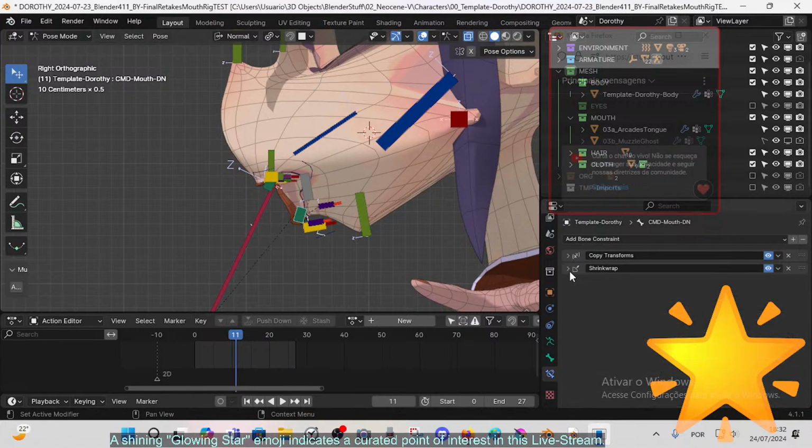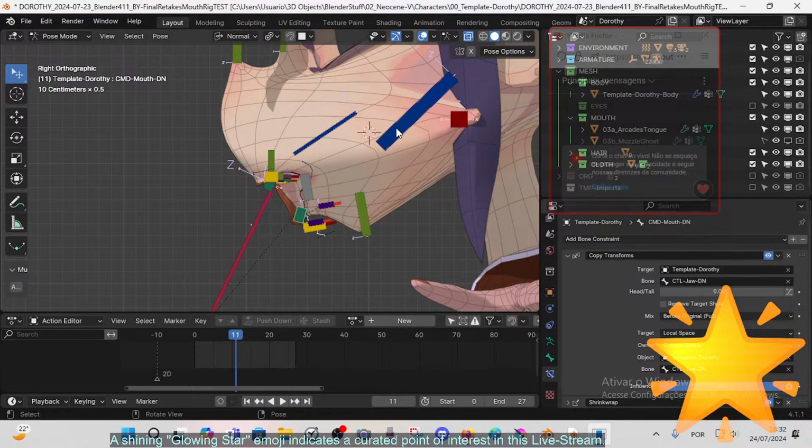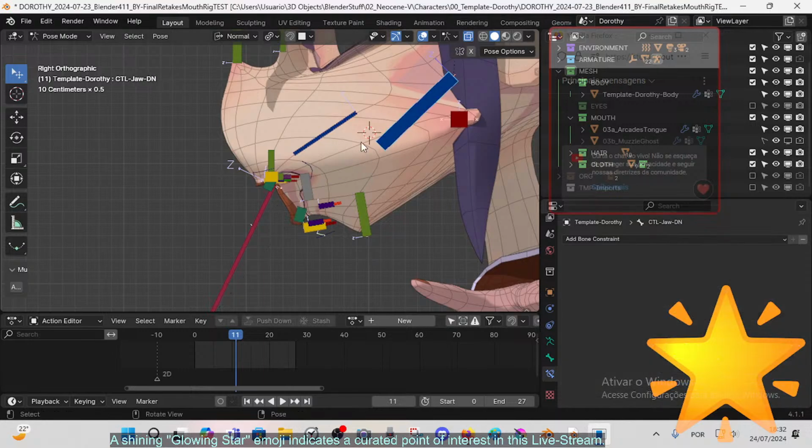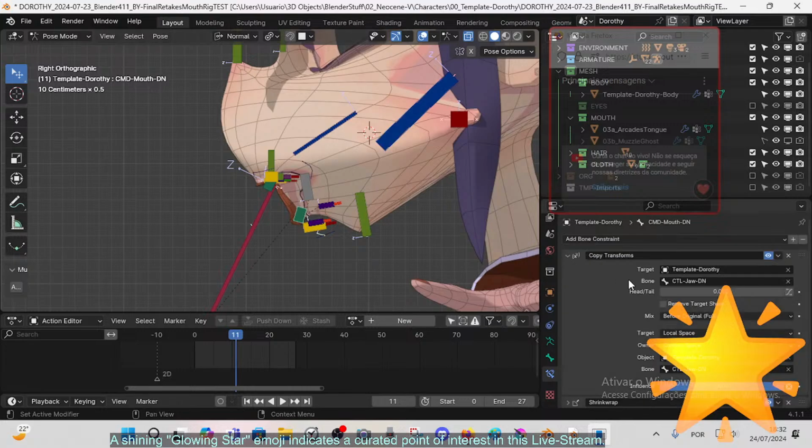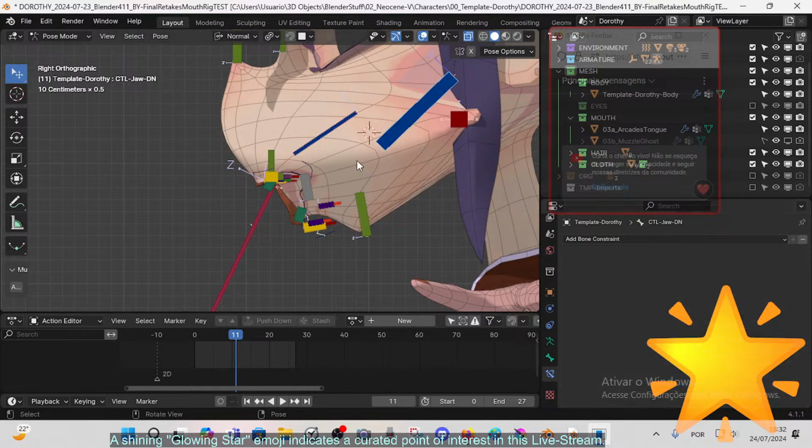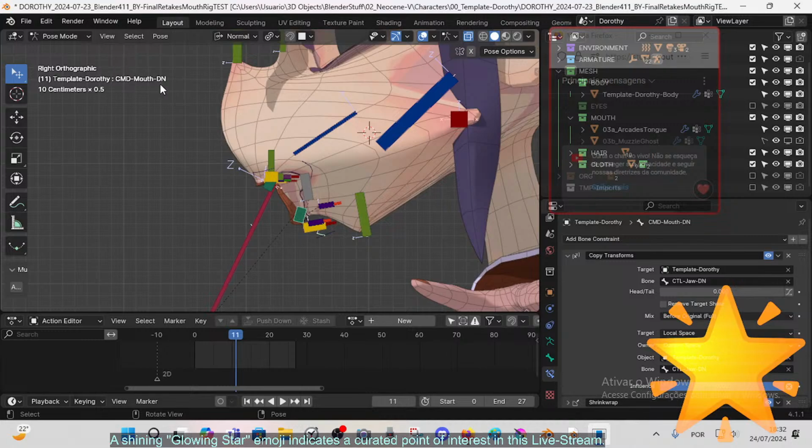But it has these copy transforms towards this bone as a target, so the jaw down, jaw bottom, jaw down, whatever. And so this is control mouth down and command, and this is even more important. But it doesn't matter, I can reorganize this later. So here the target is,